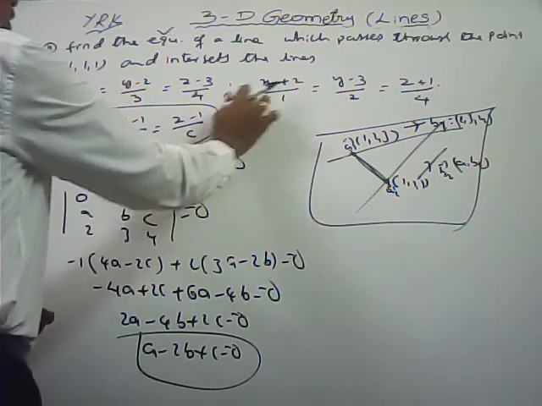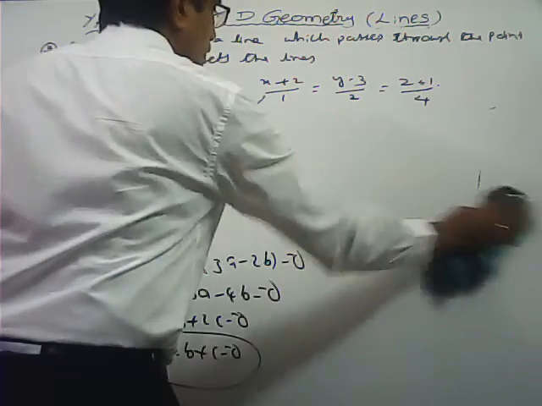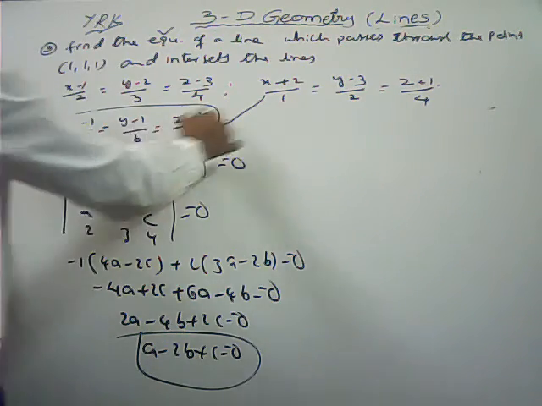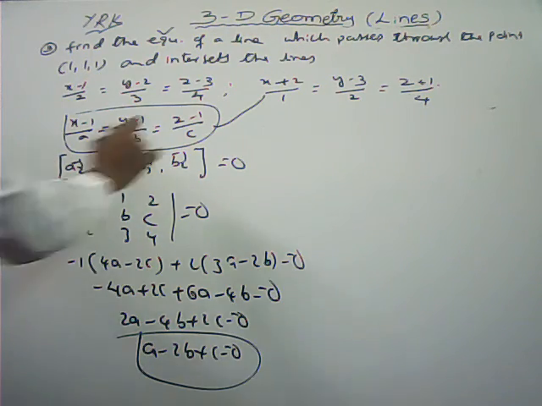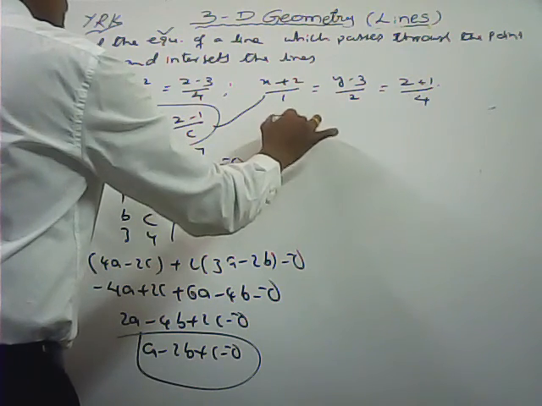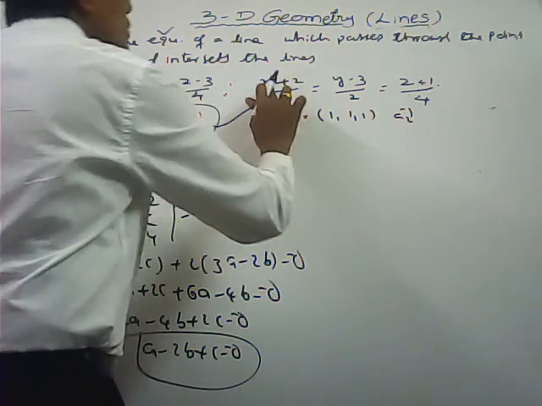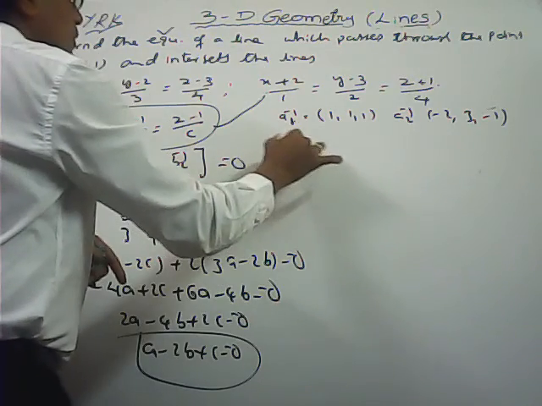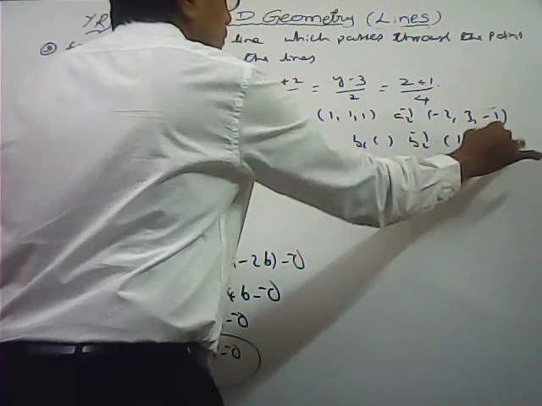And here these 2 lines also intersect. So here also the 3 vectors are coplanar. What are the 3 vectors? Here a2 bar minus a1 bar. Here these 2 lines are intersecting lines, that's why both are coplanar. That's why a2 bar minus a1 bar: 1 1 1, a2 bar x minus x1, that is minus 2 3 minus 1, and b1 bar a b c and b2 bar 1 2 4.